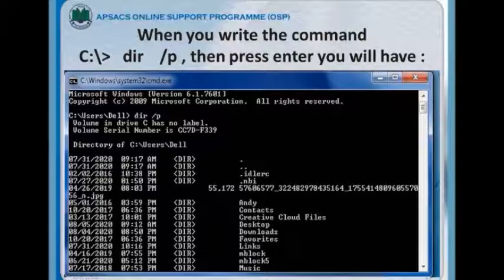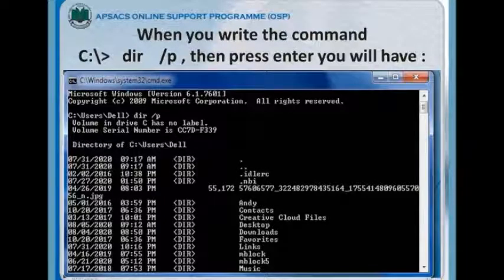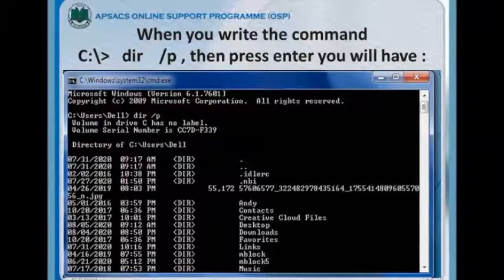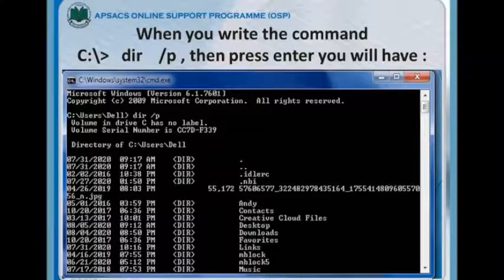When you enter the right command and press enter, you will have all this that you can see on your screen. The volume in C drive has no label, and then the volume serial number is also shown, which is a hexadecimal number, in alphabets plus digits.